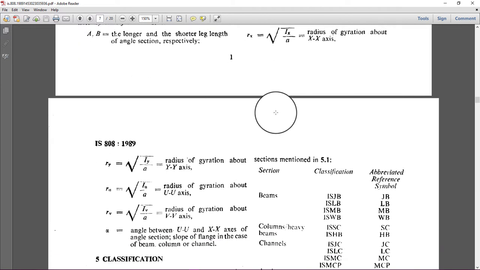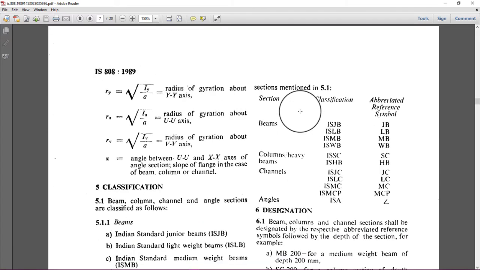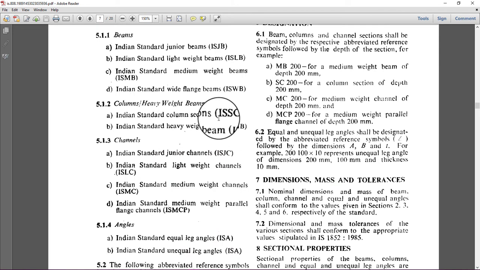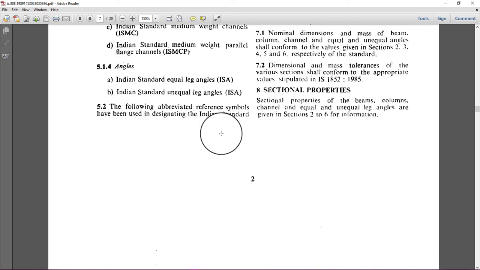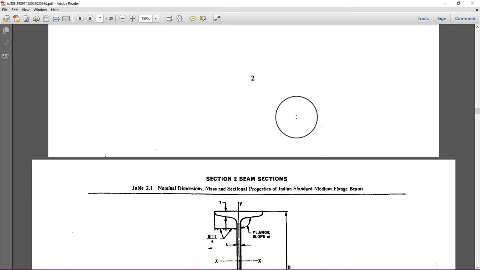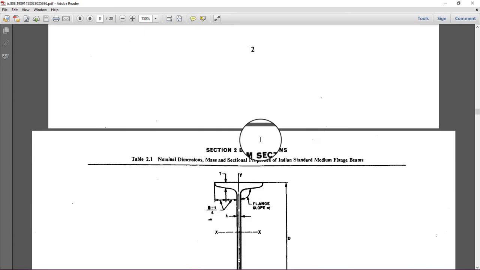See, like radius of gyration, everything is available, and whatever the classified names like beams. So if we are using beams like Indian standard junior beams, the short name of that is ISJB. Indian standard lightweight beams, that is ISLB. So likewise we have all the short names that are used in the Weldmate profiles. If you really want to learn about this, just go through this PDF.